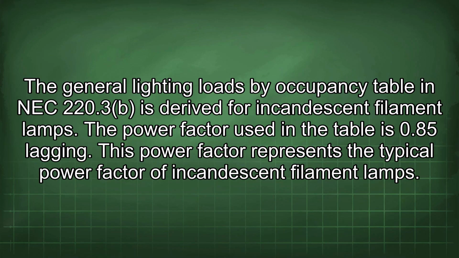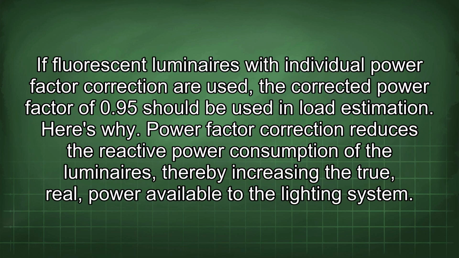The general lighting loads by occupancy table in NEC 220.3 is derived for incandescent filament lamps. The power factor used in the table is 0.85 lagging. This power factor represents the typical power factor of incandescent filament lamps. If fluorescent luminaires with individual power factor correction are used, the corrected power factor of 0.95 should be used in